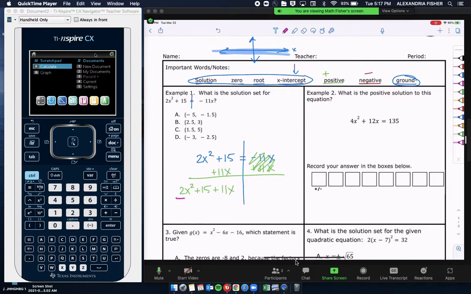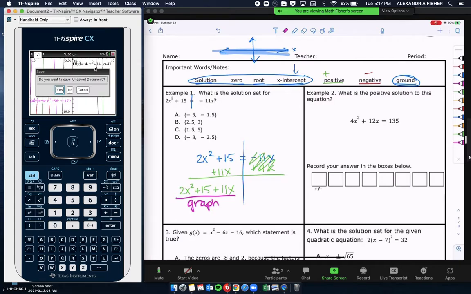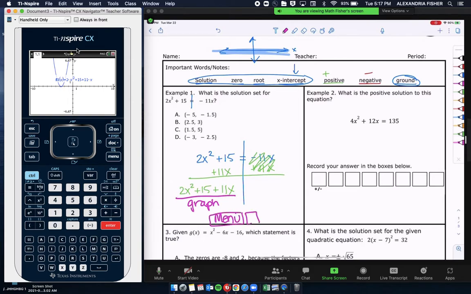So now we're going to graph this. We're going to go to New Document, press No, Add Graph, 2x squared plus 15 plus 11x. Enter. And then after we use graph, we use Menu 5 1. Menu 5 1. And our important word was solution set, which means x-intercepts,